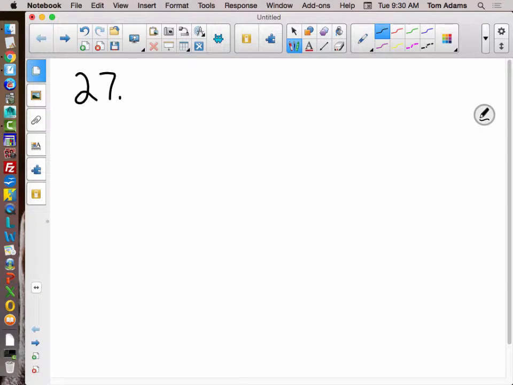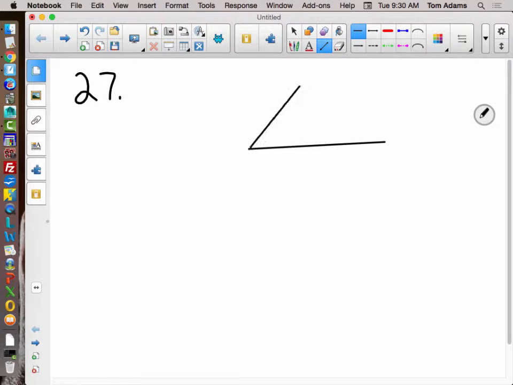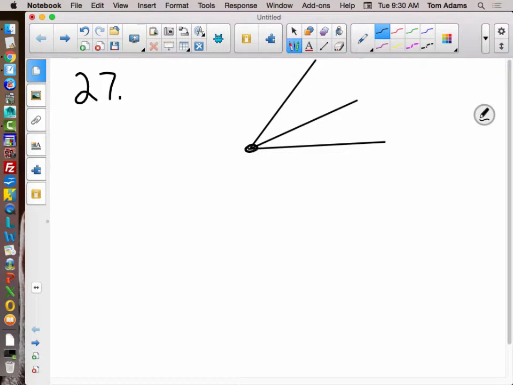We were given that BD bisects the angle ABC. So we have some arbitrary angle, and BD bisects it. Now this is probably not drawn to scale, but that's okay. And so for problem number 27,